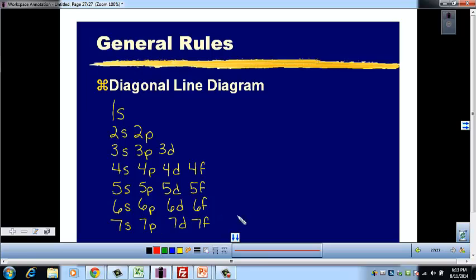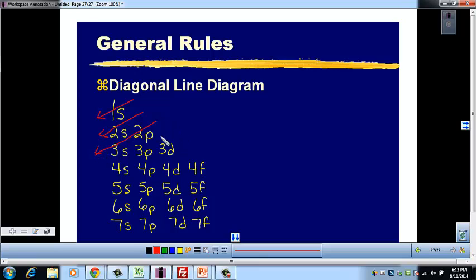Okay, so why is it called a diagonal line diagram? It's because you're going to end up making some diagonal lines. So you want to start at the top right and go down and make a diagonal line through each section, and I'll show you. The first one goes through 1s, and then the next one goes through 2s, then the next one goes through 2p and 3s,